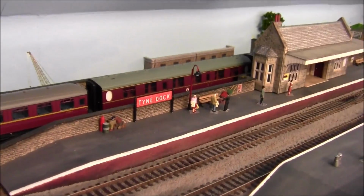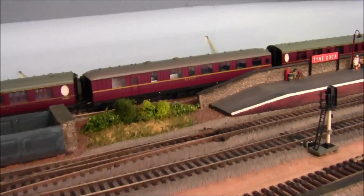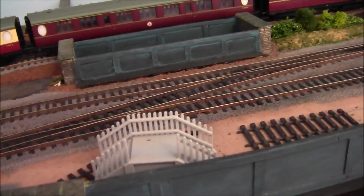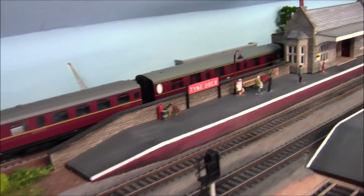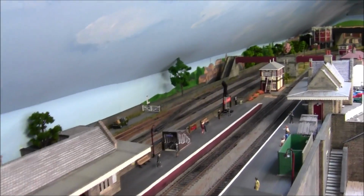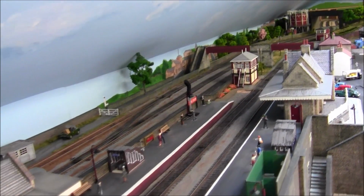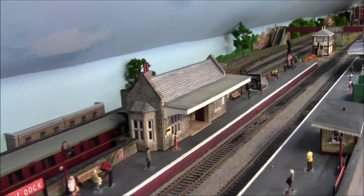Okay, we're at Time Dock at the moment. It's not 100% finished because underneath there I've got paving to do and some lampposts to put in. And on the top here where the bridges are, I've got an old siding to put in. But from the platforms onwards all the way down to Pilot Junction, just past the signal box down there under the bridge, that's virtually complete. Just got to add some fine details like signals and telegraph poles. And as we swing round towards the brewery,